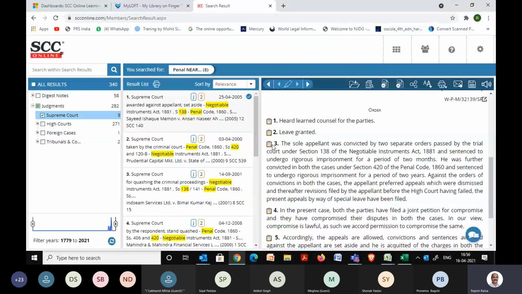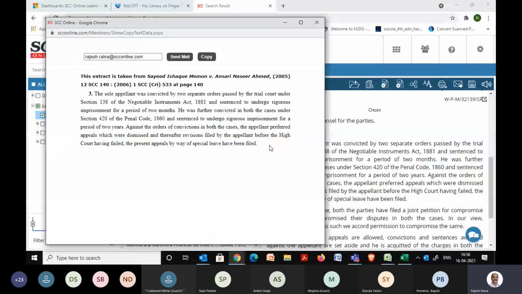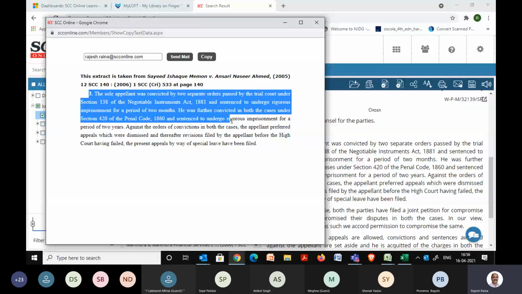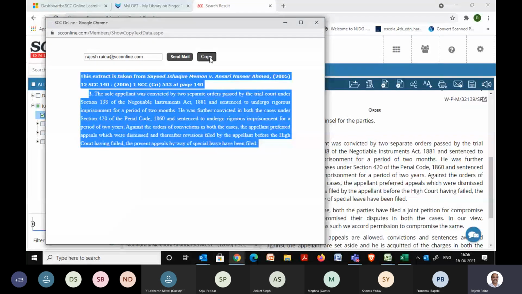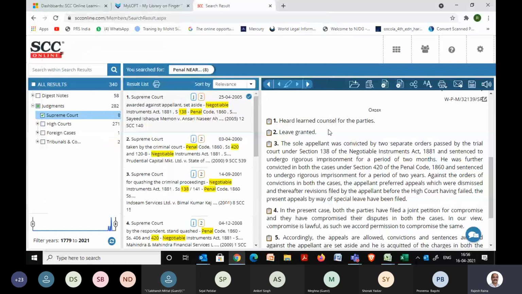So for example, in this case, para number 3, you can see one notepad icon appearing before para 3. So I'll double click on this notepad, and it'll open in a new window. From here, I can mail it across. I can copy a few lines and say Control C, or I can copy in entirety and paste it in my draft.